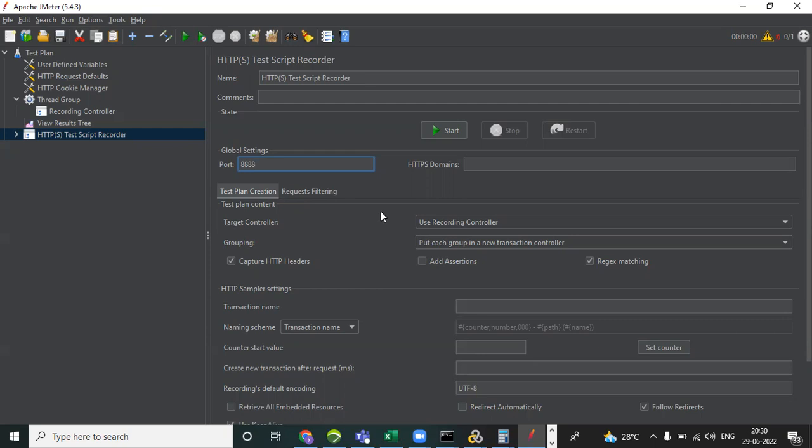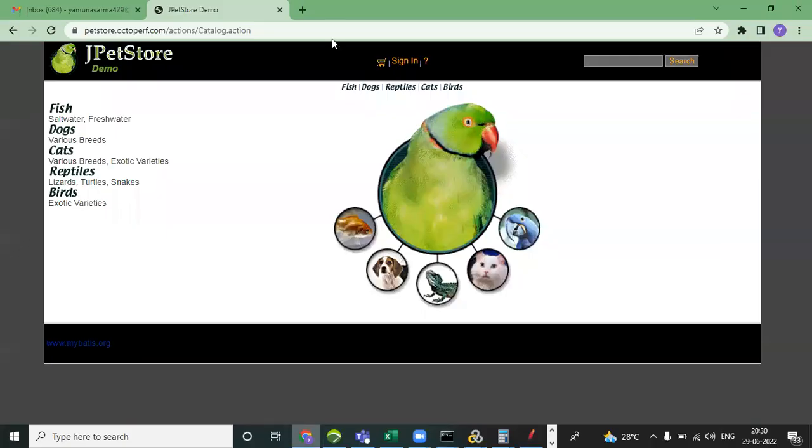And the next thing is how we do scripting in LoadRunner, right? We do not do the same way here. So we need to set some port settings in our browser also. So this is the port setting. How much is it? 8888. Whichever browser you want, you need to select that browser. Now I am selecting Google Chrome